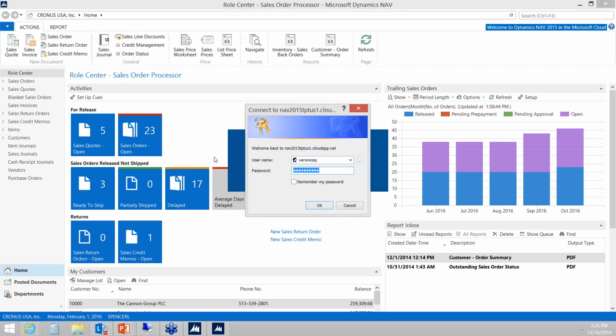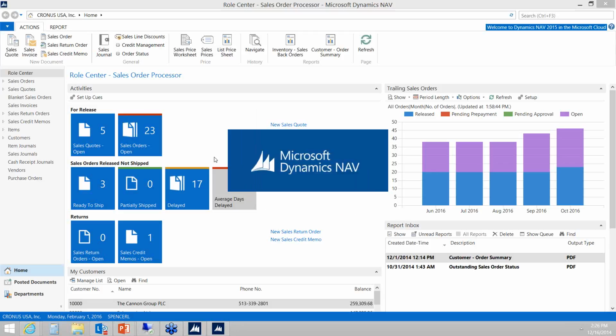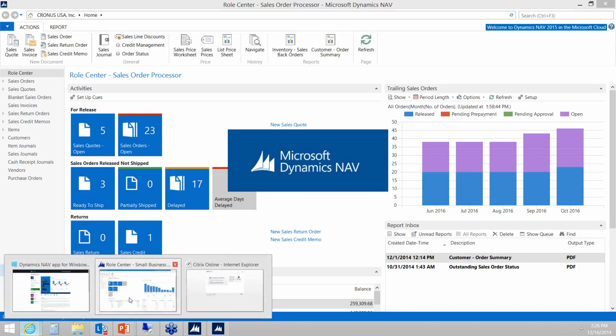I can log in with my Office 365 ID, as well as I've got this service tier set up to log in with the username and password. So if I come in through the web, through Office 365, I use that ID. But if I use the Windows client or the Click Once clients, I'm actually using username and password. So let's go ahead and log in as Veronica here. And as we log in as Veronica, while that one's going in, I'll jump back over here to the web